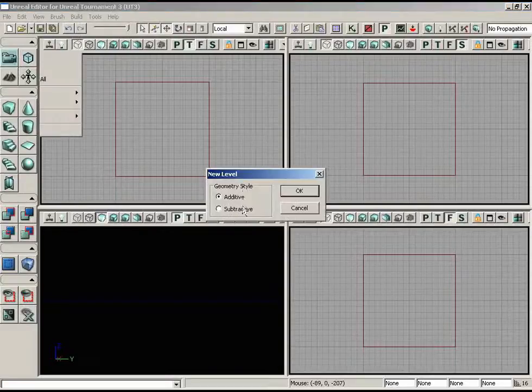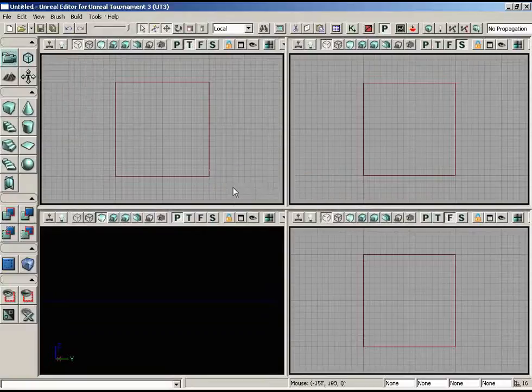We'll grab File, New, and we want to make this an additive world. That, of course, means that we're going to need to do stuff like create a wall, floors, and ceiling for the level, because we're going to have to construct the shell ourselves. That's right. We're not going to be subtracting out space from a world of solid mass. Exactly. Now, I want to begin with the floor of this level, but before I create any brushes, I want